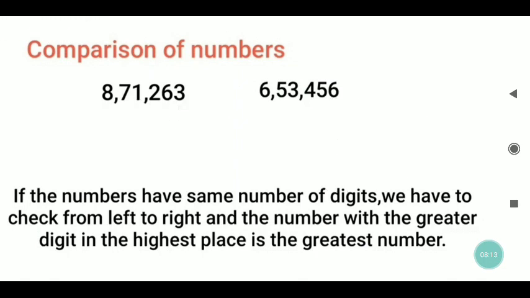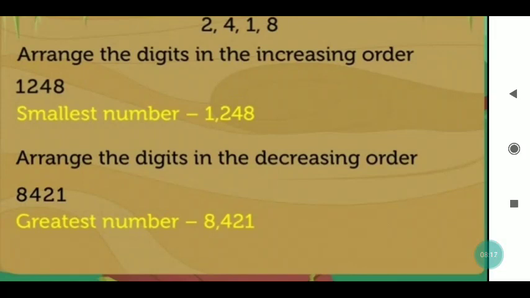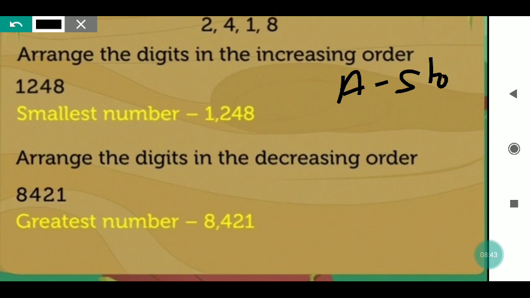Okay, now just see the next thing. Why have I discussed comparison, my dear? So that you can form the greatest and the largest number. Because when you have to form the greatest number, there also you have to compare and see which is the largest number, and according to that you write. As you can see, you know ascending and descending. Ascending means from smallest to the largest, or smallest to the greatest, or smallest to the biggest. Descending means from largest to the smallest.